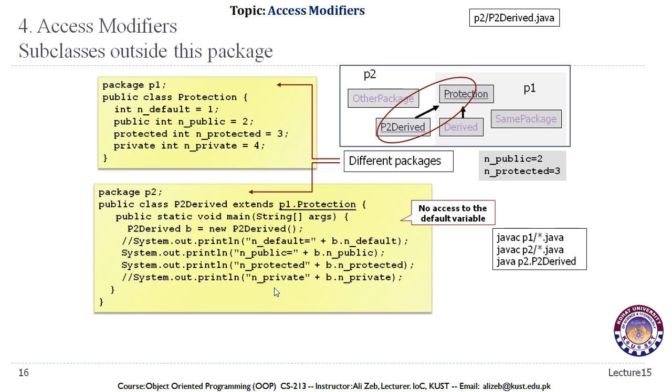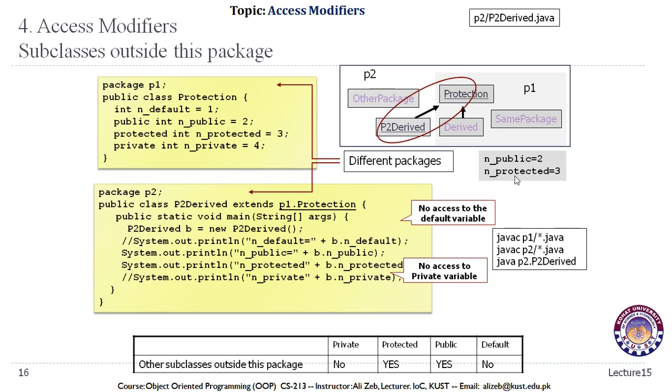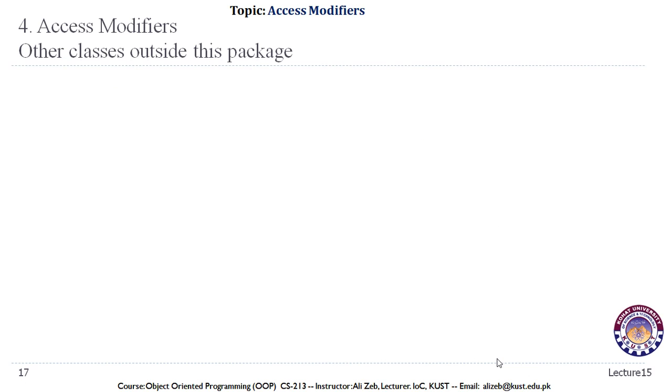Now access to the default variable. As we can see, no access to the private variable, but we can access the public and the protected variables. The private are not accessible, the protected were accessible, and the public were accessible. The default is not accessible. This is where the protected variables are different from the default variables. Now finally,